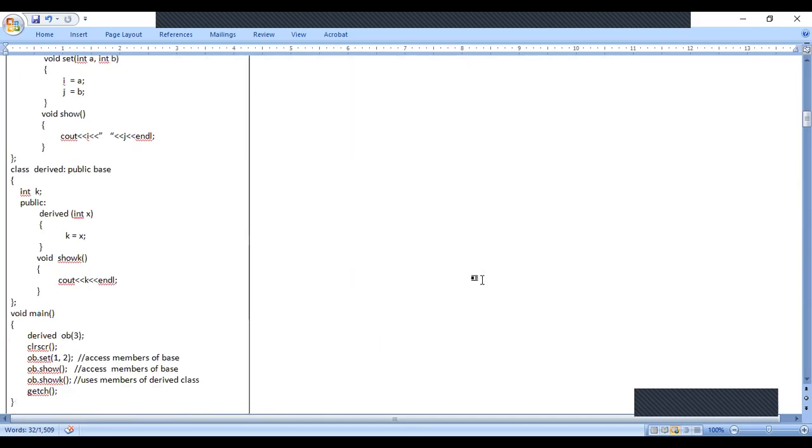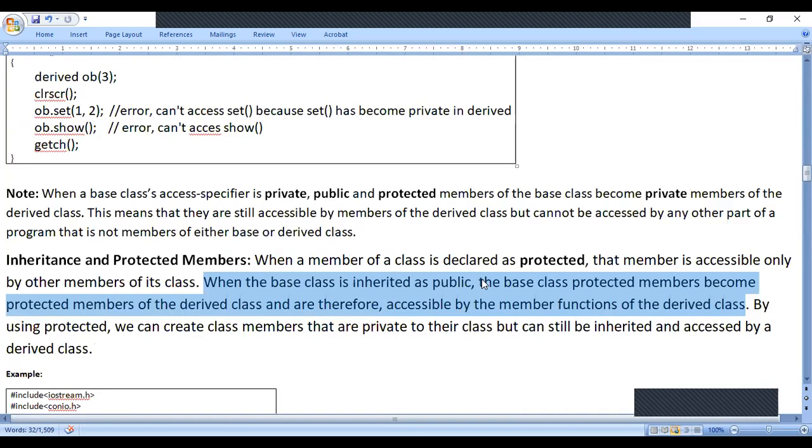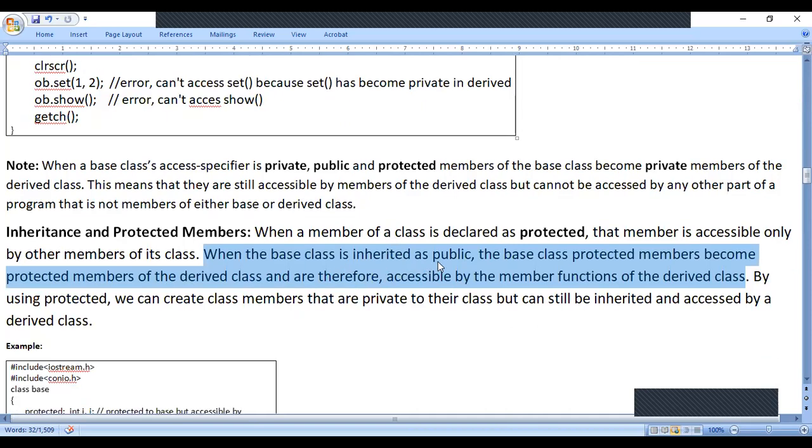Okay, now we will go to the concept. So what they are telling, when a base class is inherited as public, the base class protected members become the protected members of the derived